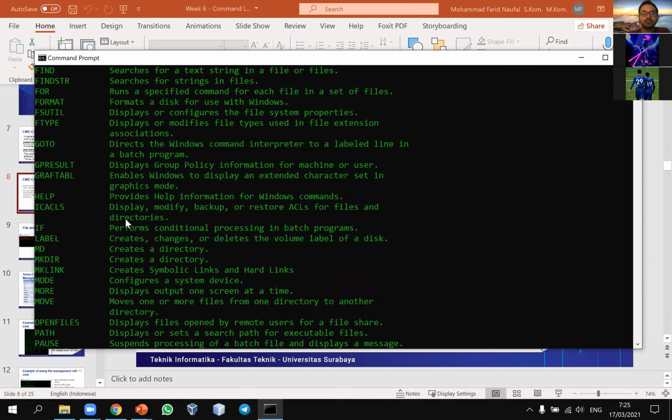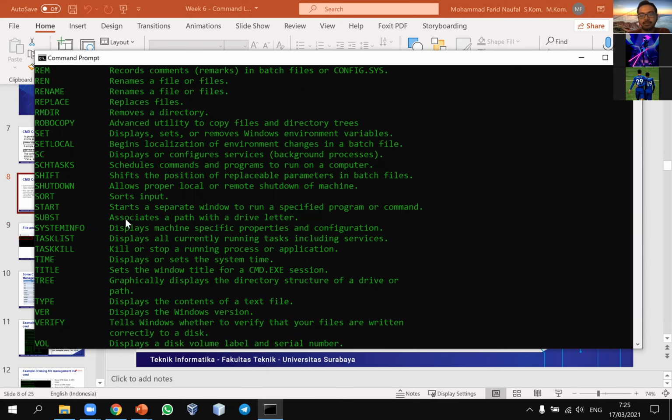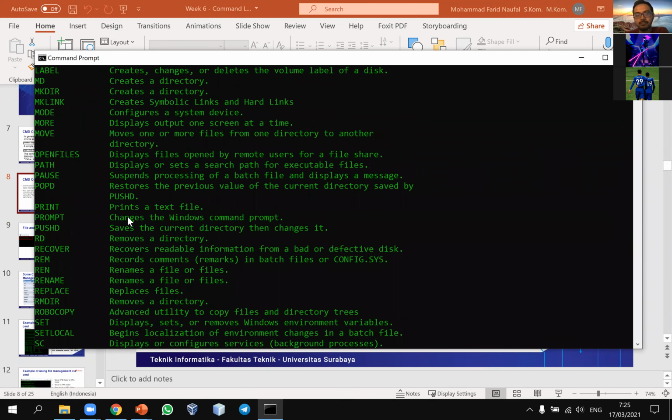Okay, you don't need to remember all of this. It's not important if you just remember it, but maybe when you work a lot in CMD, then you can remember it by yourself, right? Okay,